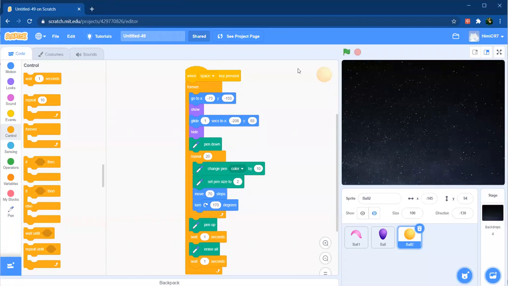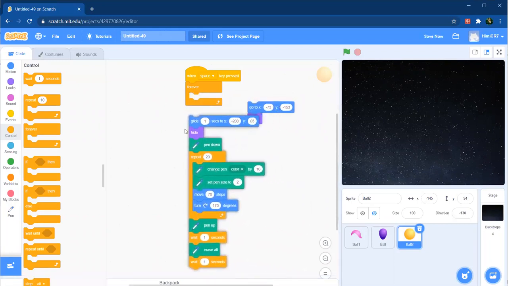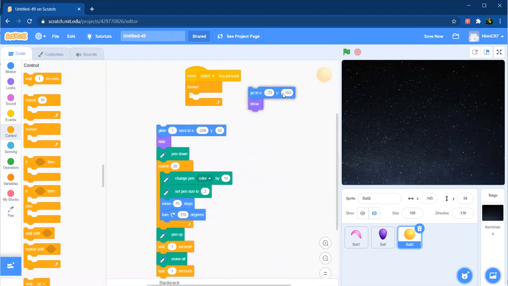Now here I have used two blocks below it. One is the go to position block and the other is the show block. The go to block allows the sprite to go to a particular position where we want it to go.